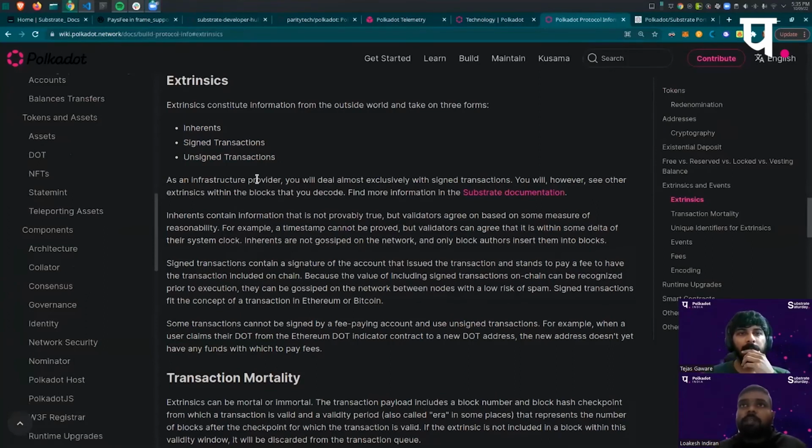So inherents contain information that is not provably true, but validators agree on based on some measure of reasonability. For example, a timestamp cannot be proved, but validators can agree that it is within some delta of their system